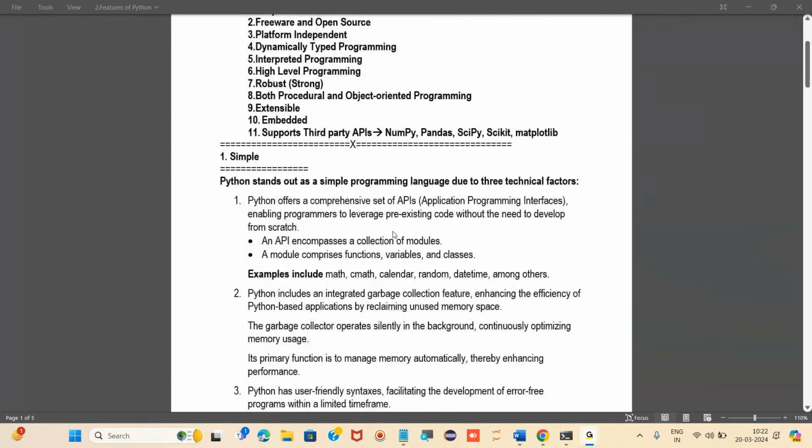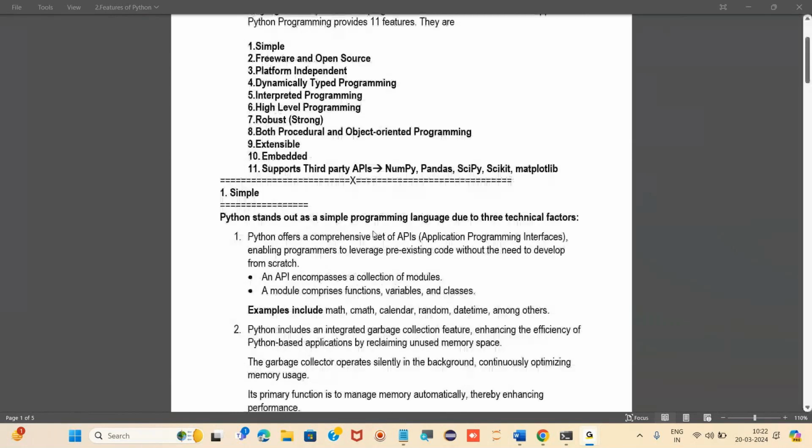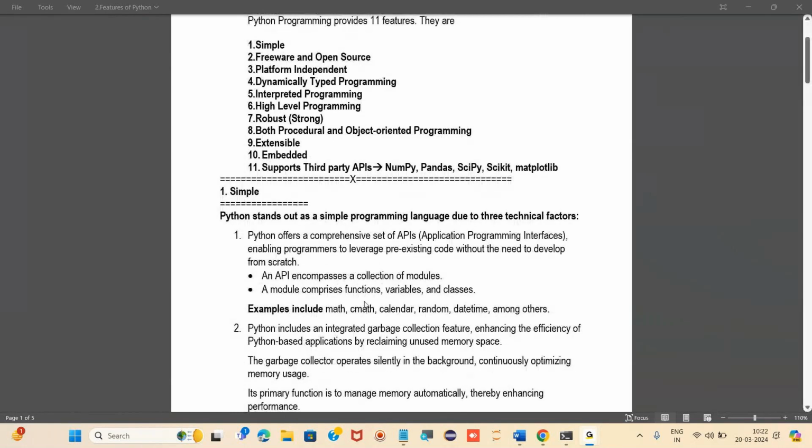The first factor is that Python has a rich set of API. And when someone asks you what is API, API is the collection of modules. What is a module? It is a collection of functions, variables, and classes. As simple as that.